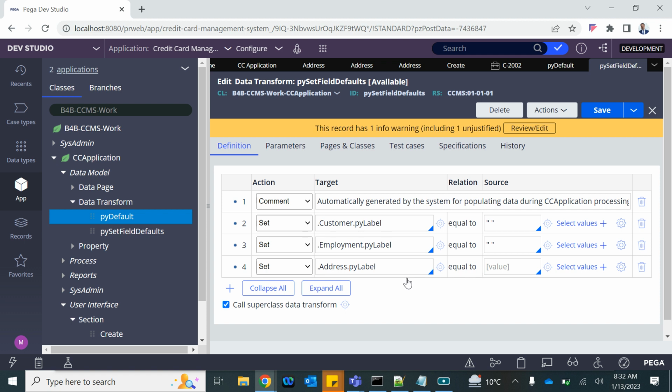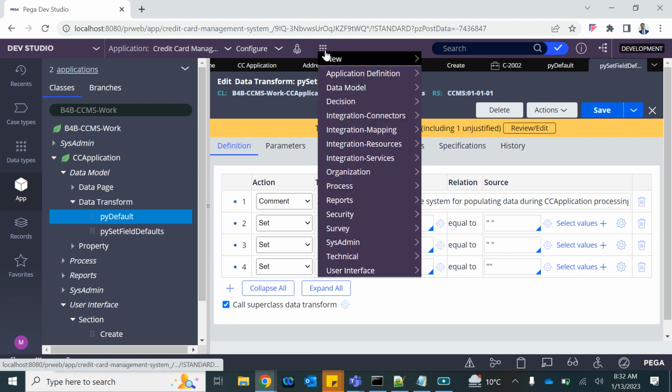I can also set py label to null value. Okay, no value at all. But this will make sure that the address page is also available on the clipboard at runtime, at the beginning. Now if I create the case,